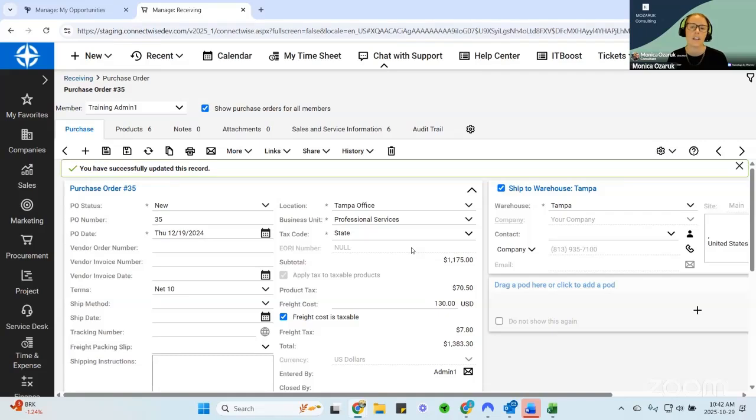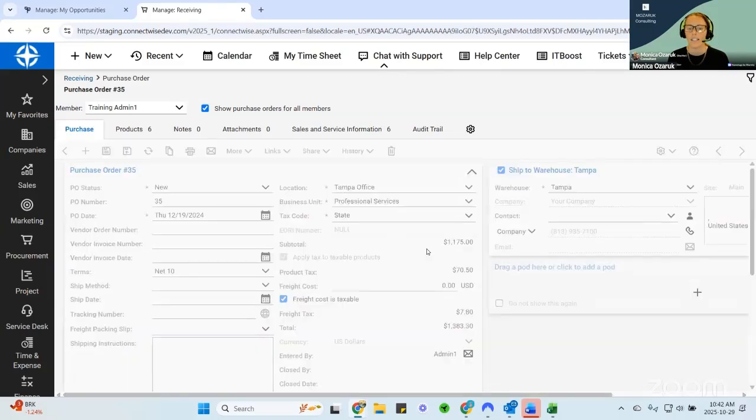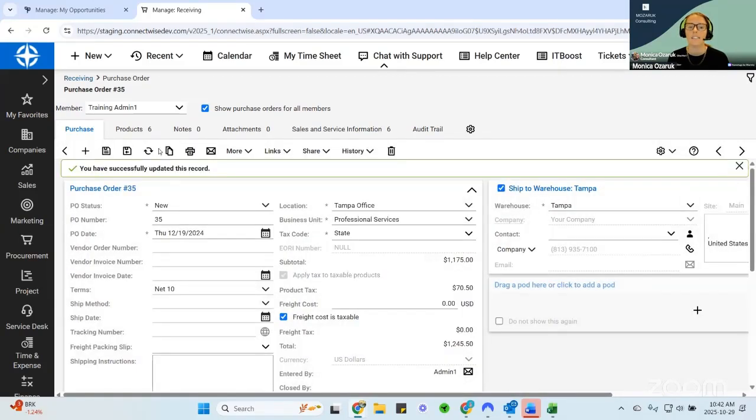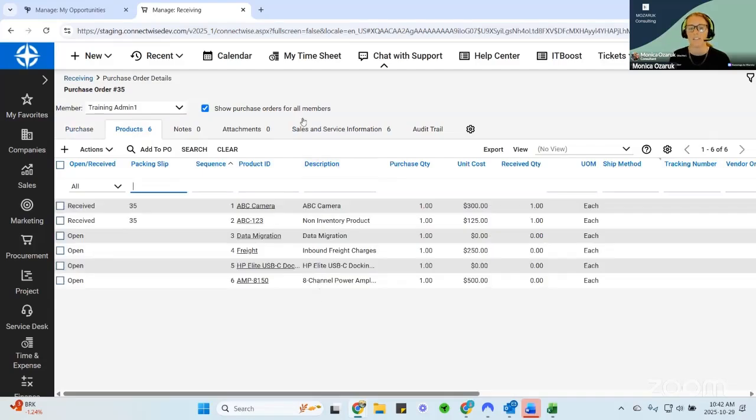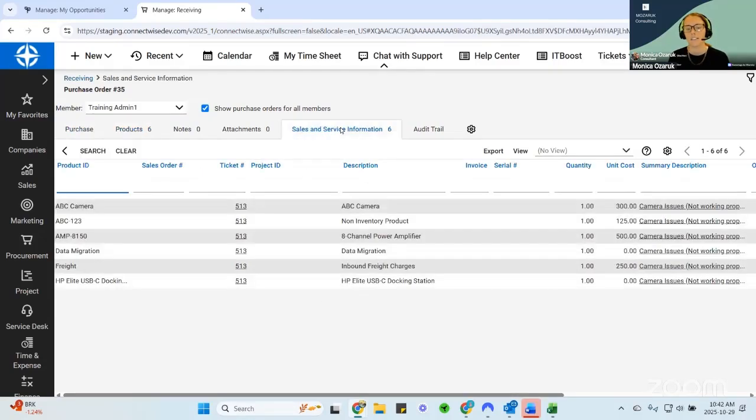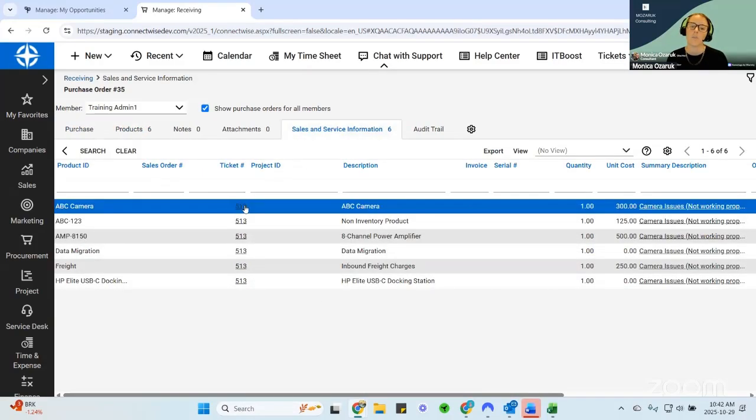However, if you have a freight cost that is specific to a job and you want it costed against that job, this is not the place to put it in. I'm going to leave that at 0, and instead I'm going to go to the job itself. So I can see these products that are on this job. I'm going to go to the sales and service information. I'm going to open up the ticket,